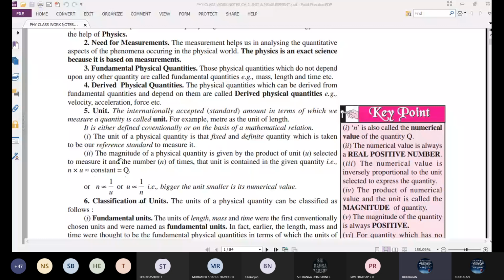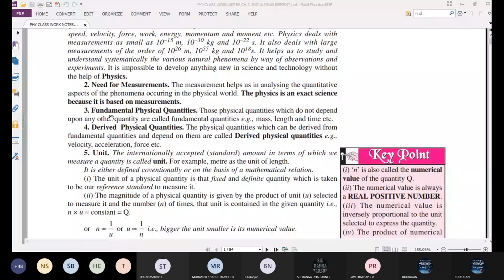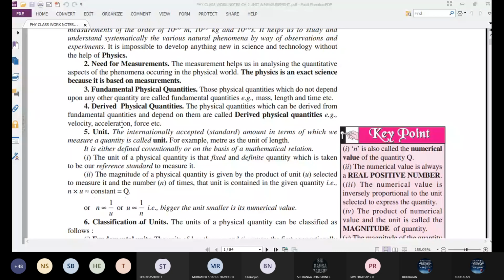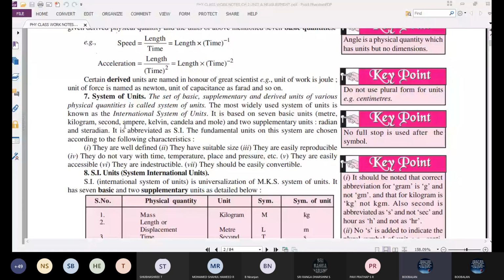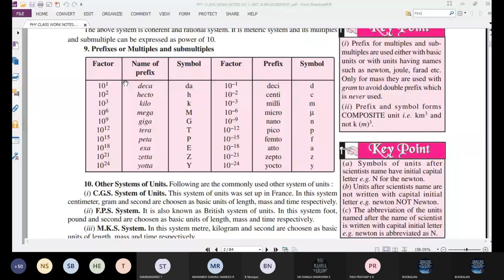Okay, in the last few classes we discussed units and measurement, dimension analysis, error analysis, all the areas. So what are units? What are the uses of units? Fundamental units, relative units, derived units, system of units, and the prefix and suffix with the multiple and submultiple, systems like the MKS system, FPS system, CGS system,